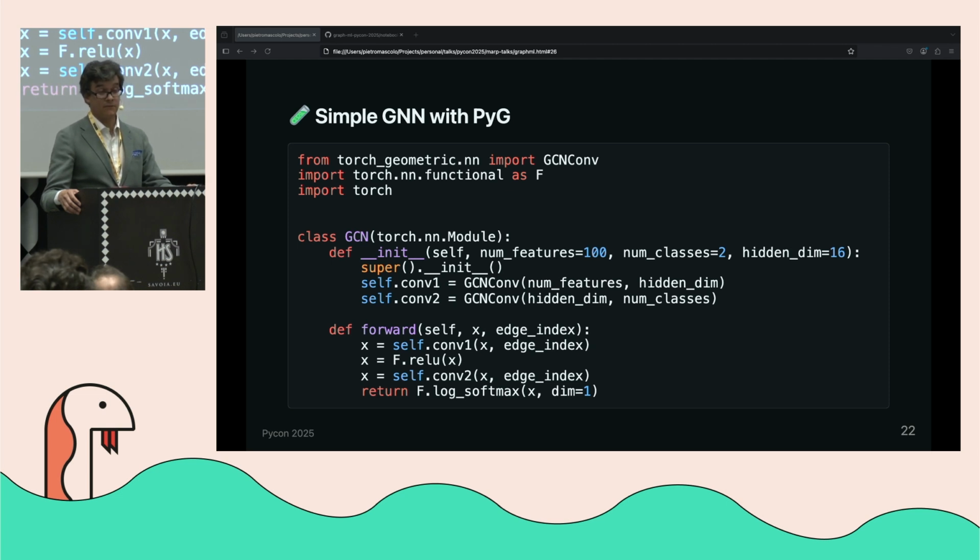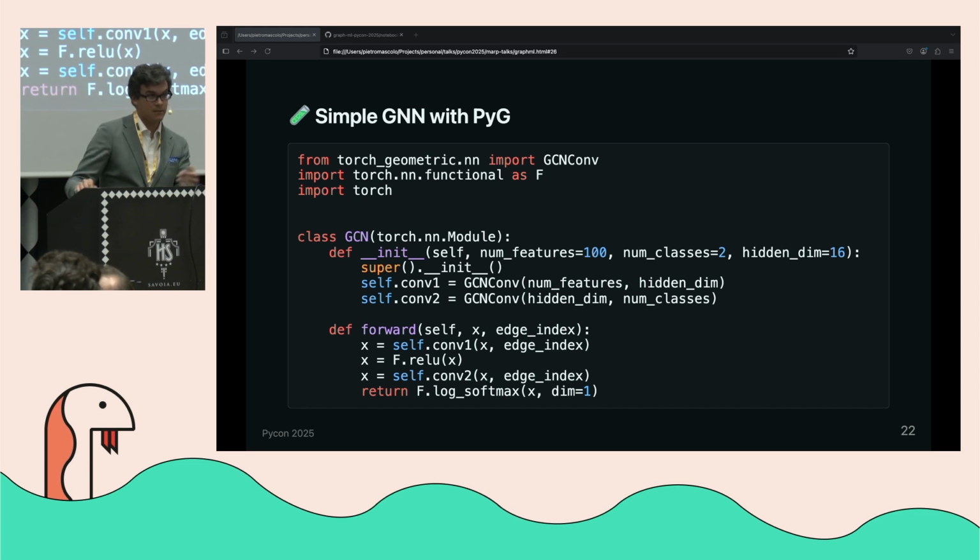As you've probably seen with most other architectures, this also inherits from Module. And we have a new type of layer in this case, and we actually have many types of layers, but we're going to use the GCNConv, which is a graph convolutional network layer. And we're going to use 2 layers.